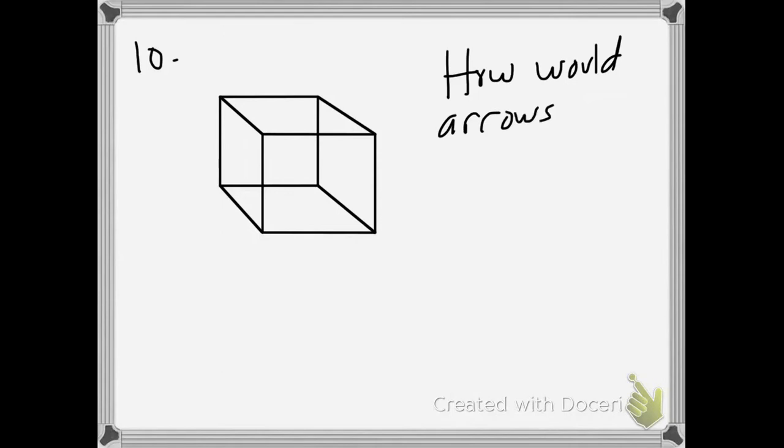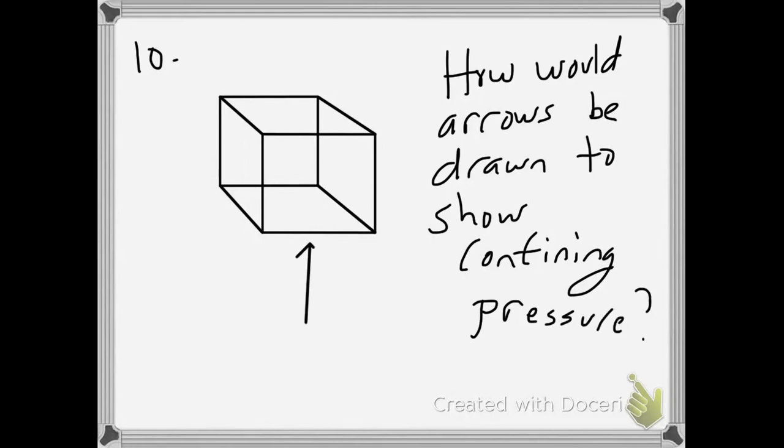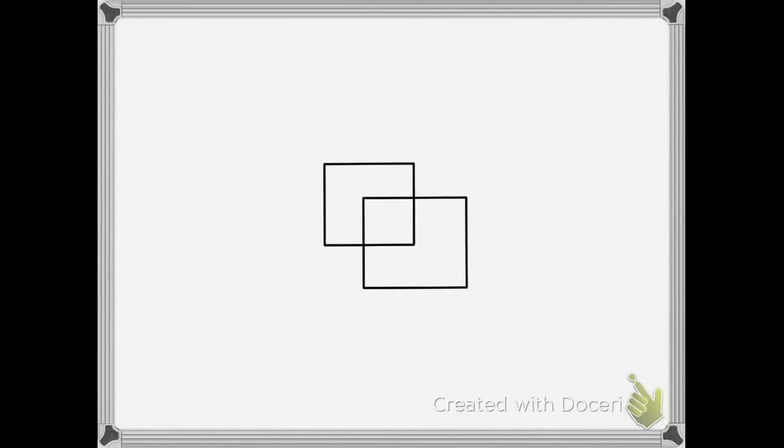So now what I'm going to do for you is draw a little box, and it poses a question. So how would arrows be drawn on the box to show confining pressure or confining stress? So how would you draw a confining stress? So here I'm drawing the arrows on all sides, basically making the box smaller. So the big question of why I'm going through all this confining stress stuff,